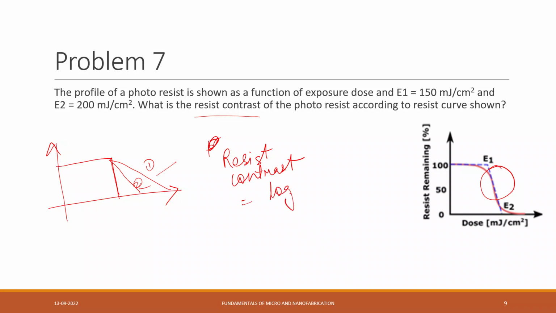It is essentially the log 1 by log of E2 by E1. So you can 1 by log